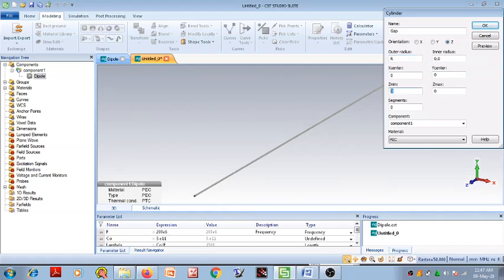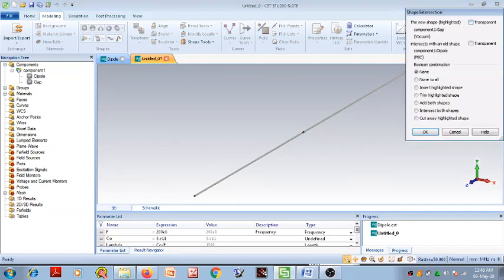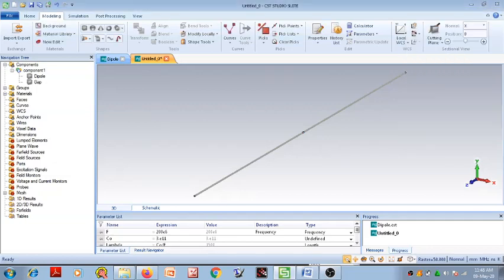The dimension of gap is from minus g by 2 to plus g by 2, and the material we have to choose here is vacuum, because that much portion of dipole we have to remove. So click on preview, then click on OK. Remain, check on none. Okay, so we have to remove this gap from this dipole.